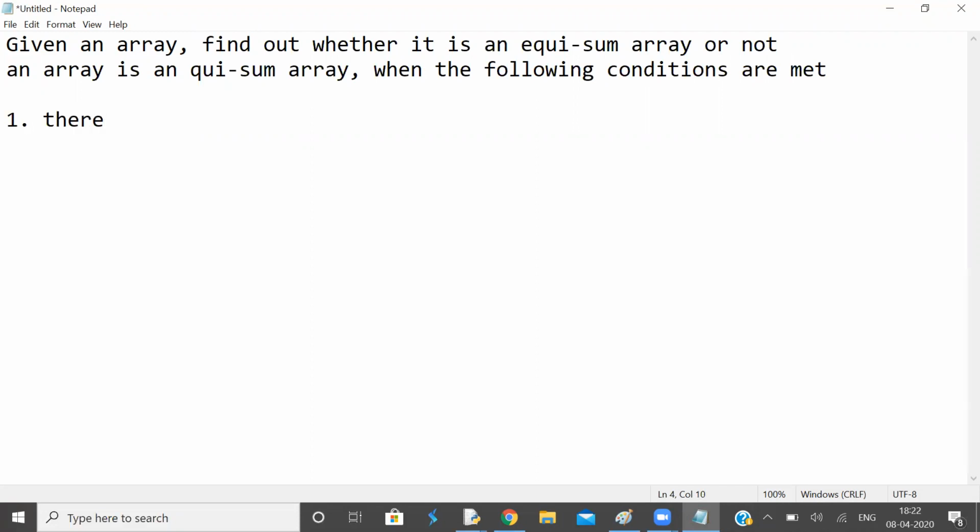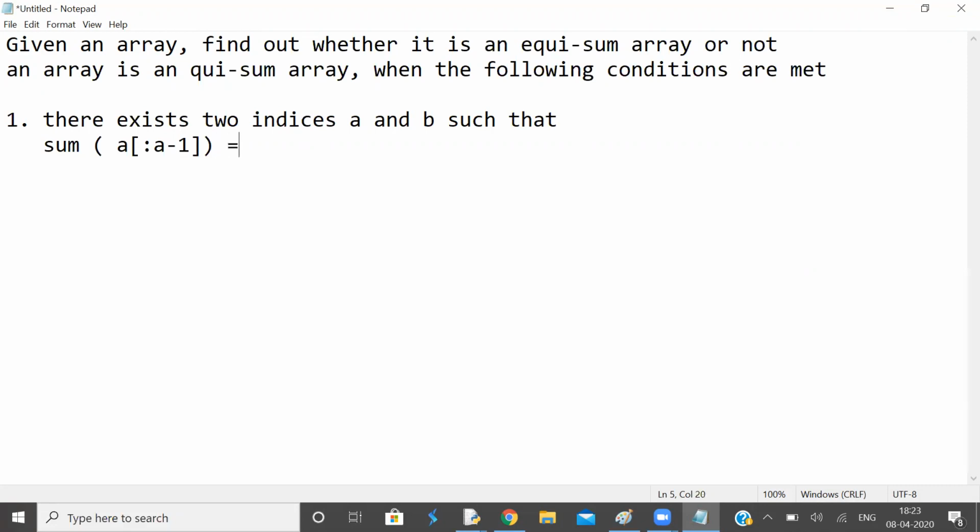There exists two indices a and b such that the sum of elements of slice 0 to a minus 1 is equal to the sum of elements of a plus 1 to b minus 1